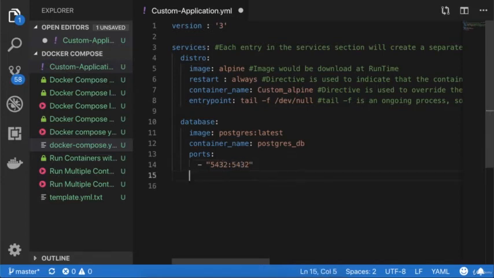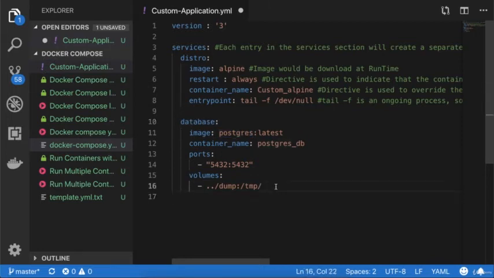And in a similar way, suppose you want to define the volumes as well. So we are defining the volumes like dash dump colon temp, like this, right? So we have defined another container which is database, and database of Postgres, right?